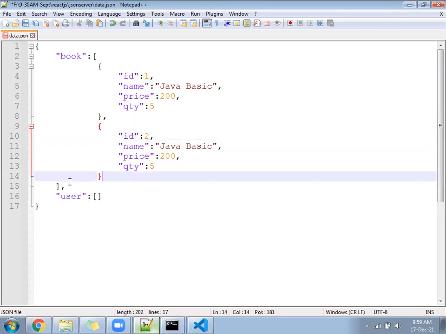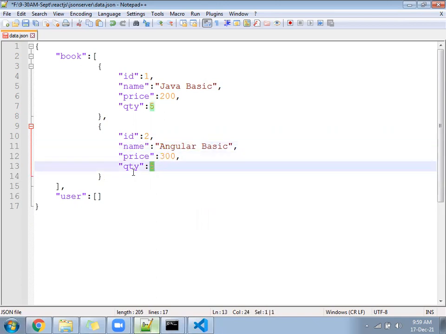There should not be a comma after the last element. Name Angular Basic, price 300, quantity 8.